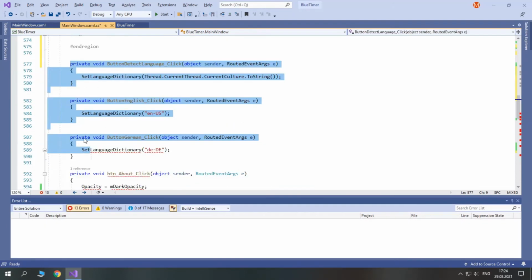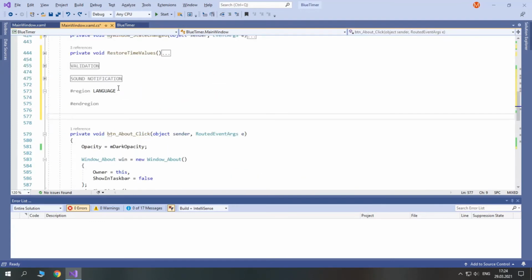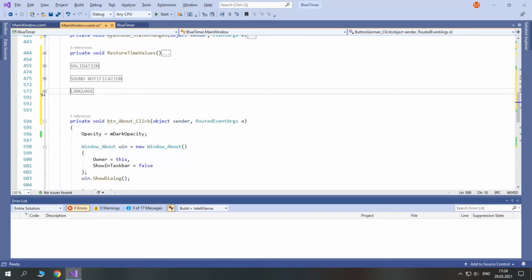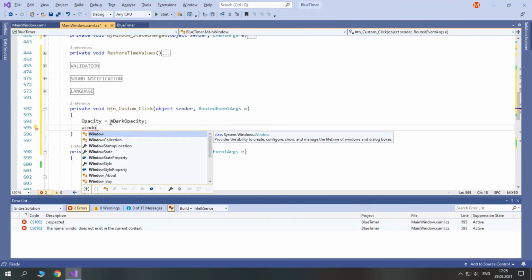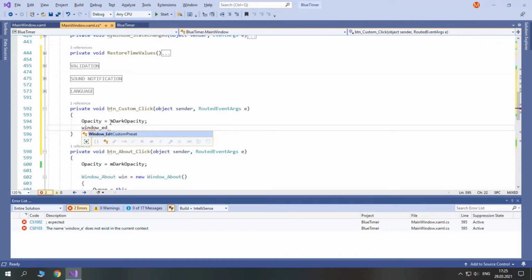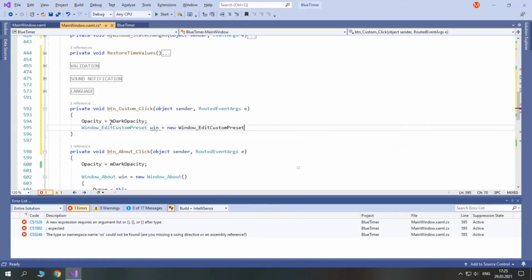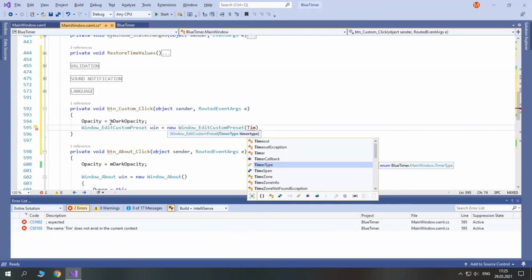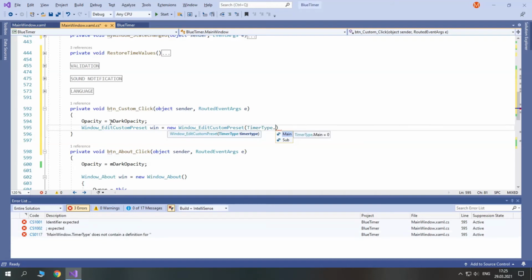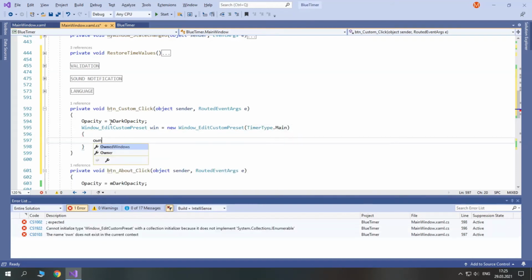So, here. After it, we'll go to our button for custom presets. Click, and here, first of all, we change opacity to dark opacity. Then we create a new window. So window edit custom preset, call win, equals new window edit custom preset, and here we pass the timer type. So let it be timer type dot main, and we'll set owner